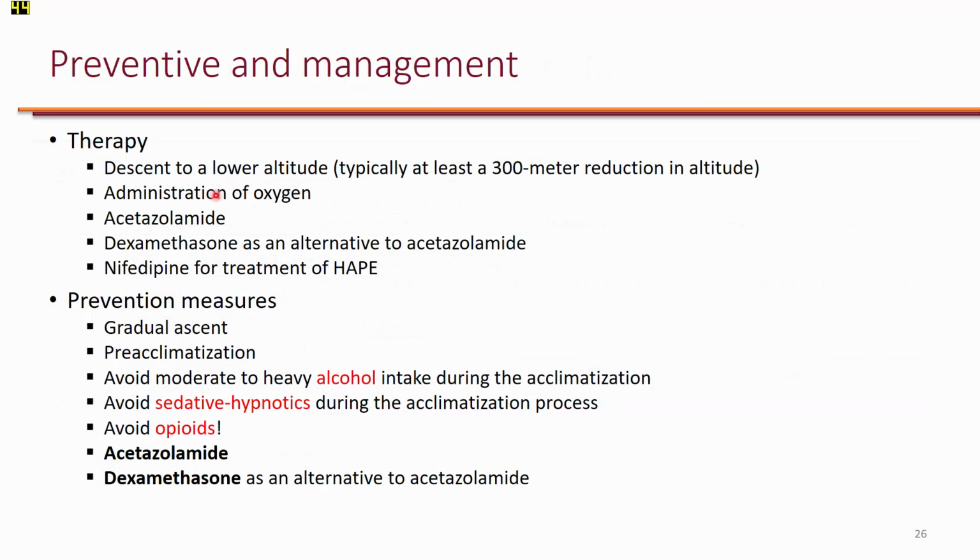So the therapy for high altitude illness is descent to a lower altitude, typically at least a 300-meter reduction in altitude, administration of oxygen, which is usually not available in the field, but if someone can make it to a center where they have oxygen, that would be ideal. Also acetazolamide, dexamethasone as an alternative to acetazolamide, and nifedipine for treatment of high altitude pulmonary edema, because nifedipine can cause vasodilation in the